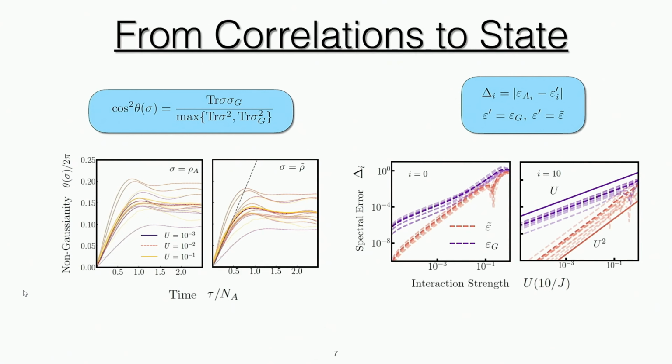So these purple lines correspond to the Gaussian approximation, and the pink lines correspond to our ansatz. And this is for many different initial states. And as you crank down the coupling, you see this really nice separation that has the exact scalings we predicted. So this gives us a lot of confidence that this method is going to be really accurate in capturing a lot of aspects of the state. Now the question is, is it good enough to get thermalization?